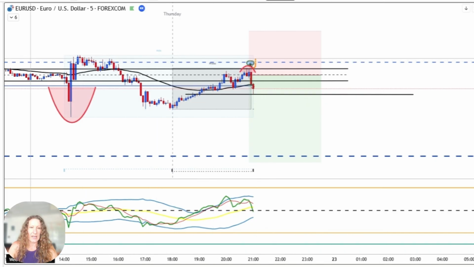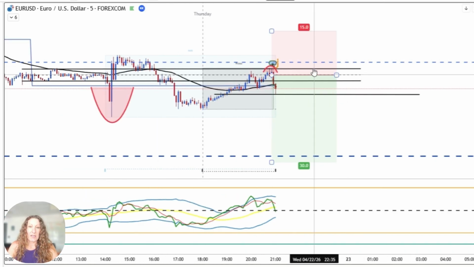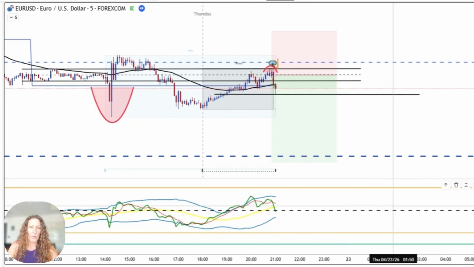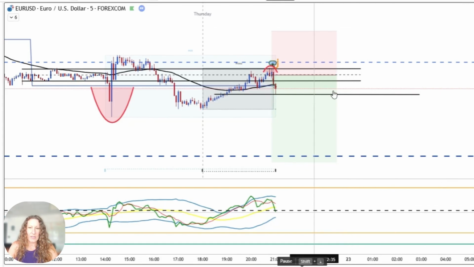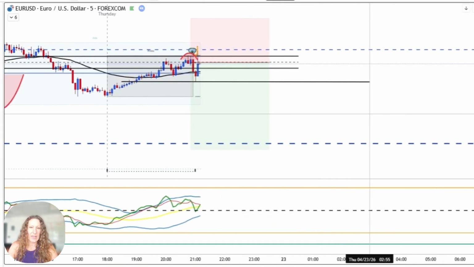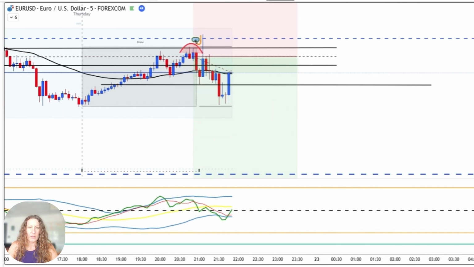Okay, so this is acting as support for me. So if it does push above here, it's likely to push above and pull back. And I might get stopped out. That's okay. Being stopped out is part of the numbers. I only have to win 3 per week. Okay, so far so good.